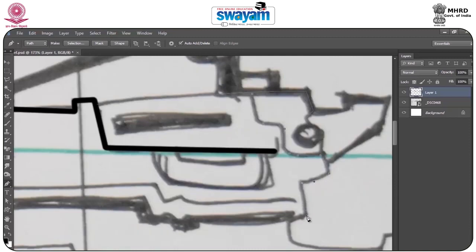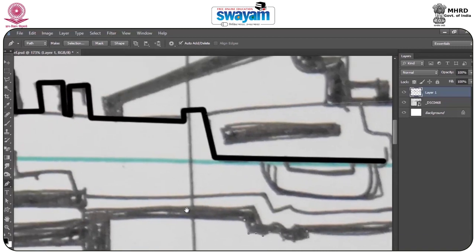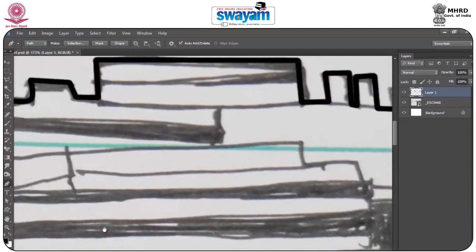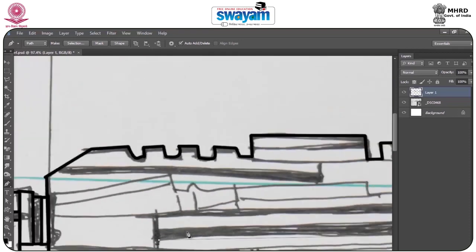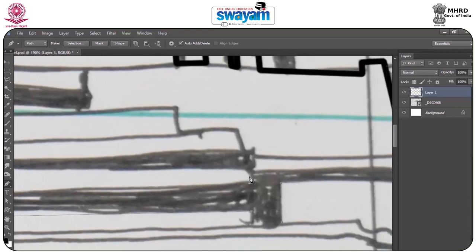So I am using fast forward because you already have an idea how to make the perception lines and stroke lines. Just right click and you will get a stroke panel. In it you will choose the stroke. After that a certain line will be formed.